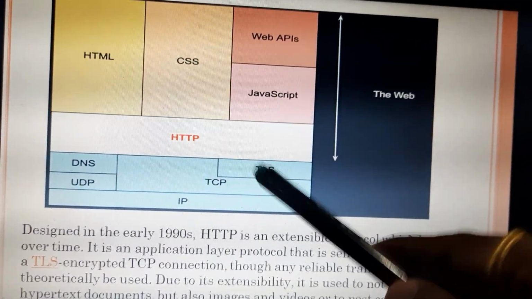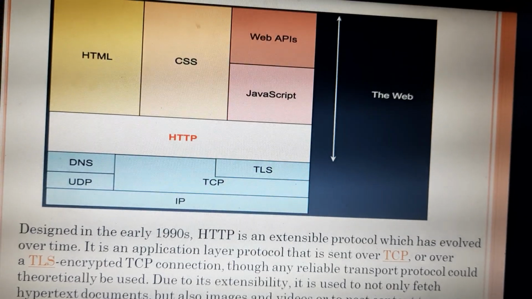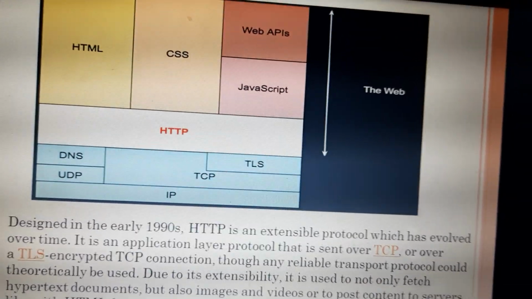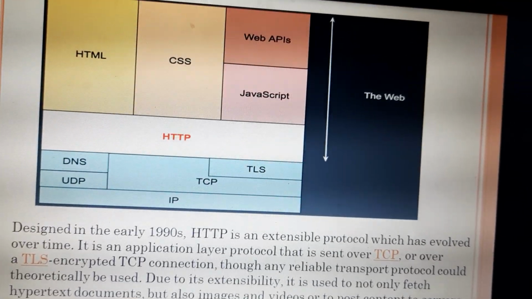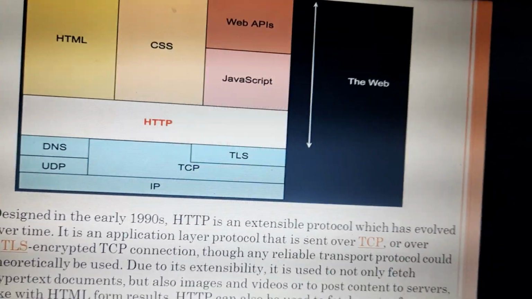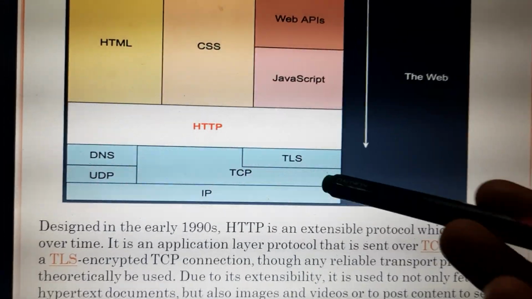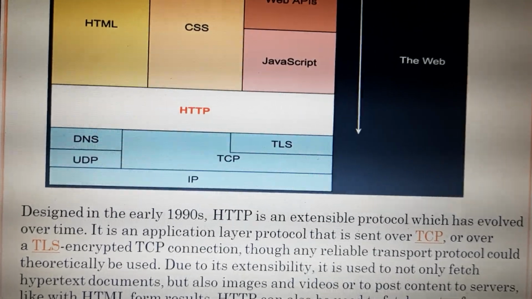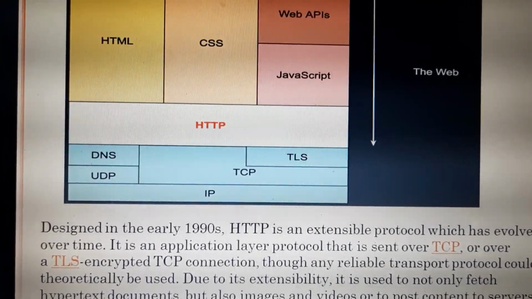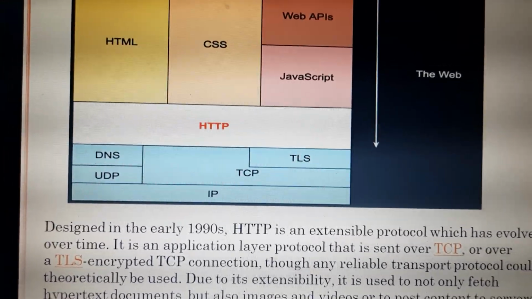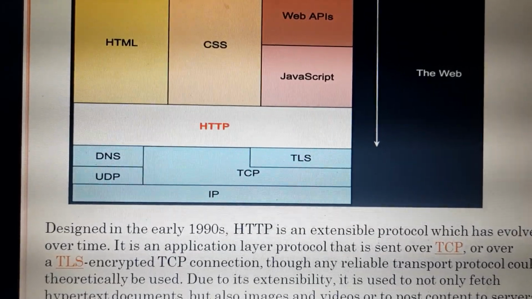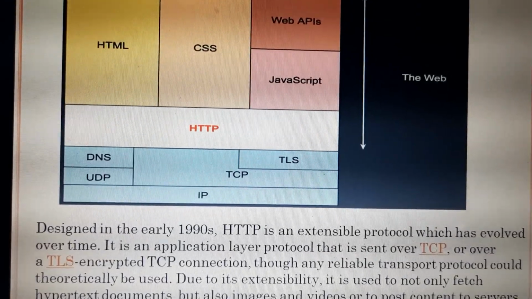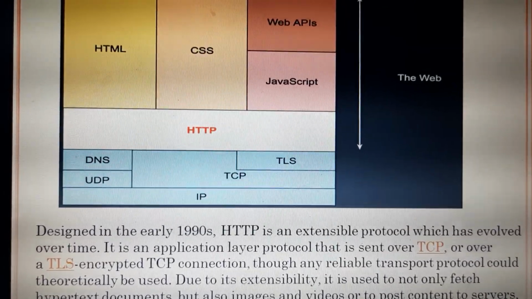We have TLS, that is the transport layer security. It is widely used to adopt the security protocols. For the security protocols, we use TLS. Similarly, we have TCP, transmission control protocol, and we use the transmission control protocol for the client server interaction purpose.